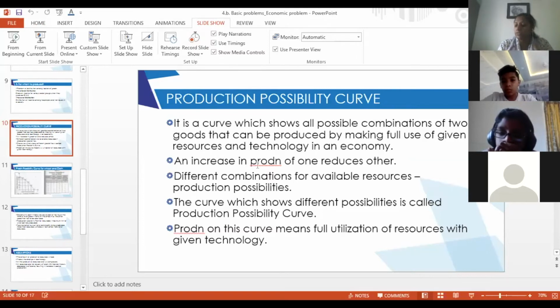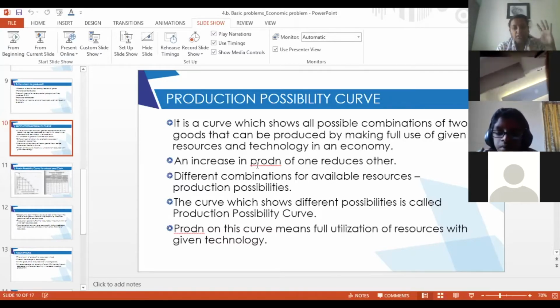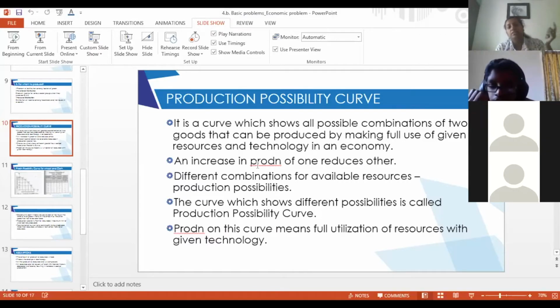So a production possibility curve is that curve which shows all possible combinations of two goods that can be produced by making full use of given resources and technology in an economy. So it is between two goods, it is not all goods combined. One will be on the x axis, one will be on the y axis, and it will show all the possible combinations that the two can have when we are using complete technology available to us